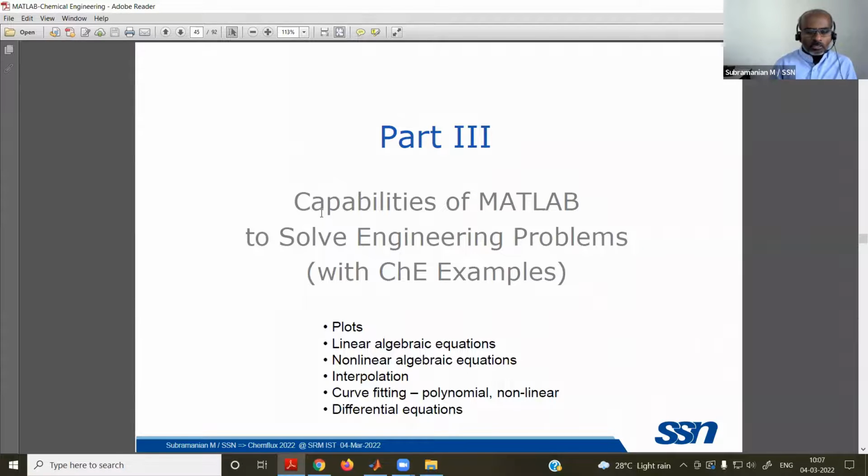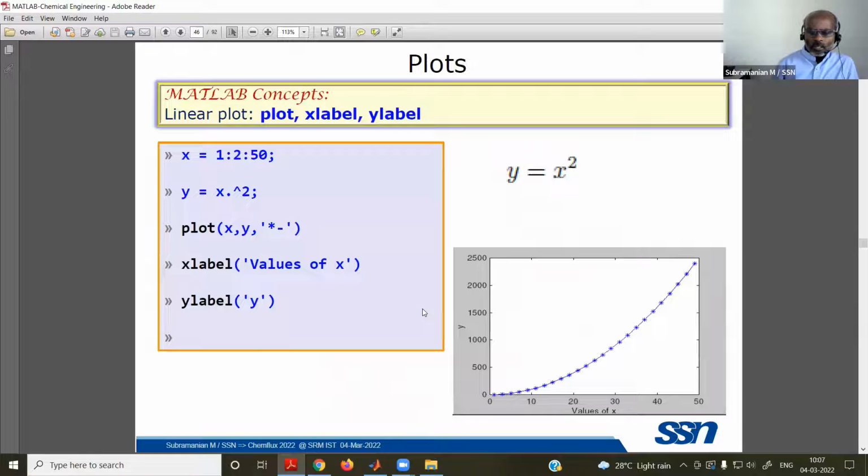So now we are going to see engineering problems, solving engineering problems with simple examples. To start with, we are going to see plots, how to do plot operations. Of course, for plotting we have a convenient tool, Microsoft Excel. But Excel is good for one-off things; if you want to do the same kind of thing repetitively, that is easily possible only with MATLAB. So let us understand this: x equal to 1 to 50, y equal to x dot square, and plot x comma y. We'll try this at least. About 20 good minutes are left.